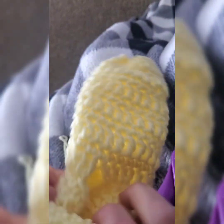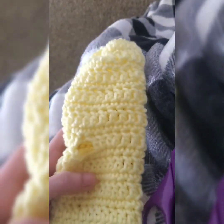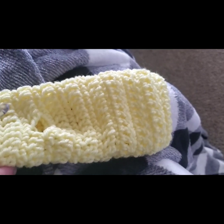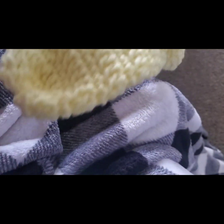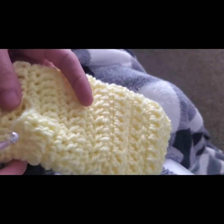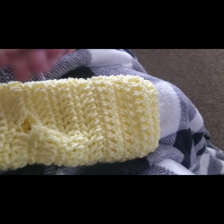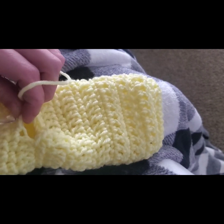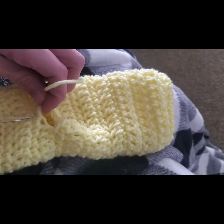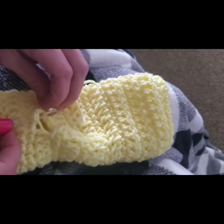All right, so next we're going to do the thumb hole. For the thumb hole, what you want to do is, see, this is the wrist part of my mitten. You want the top part to be closest to you so you can see the thumb hole. Then you're just going to take your yarn and put it through this hole here. You've got this one and then you've got this one. You want to put it through this one,